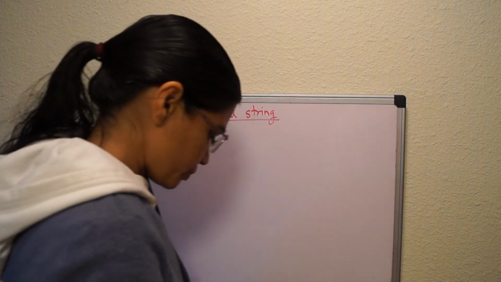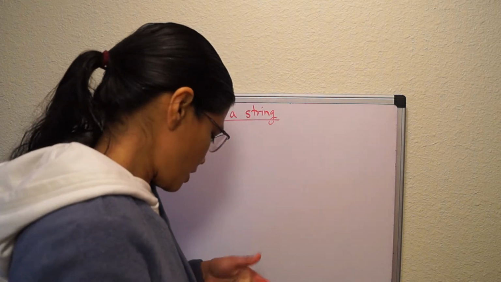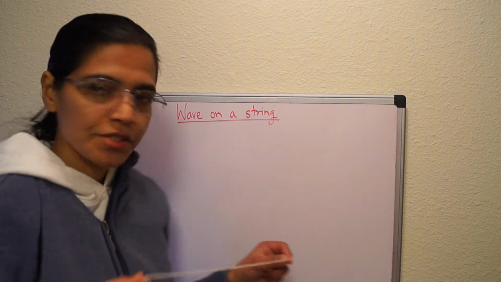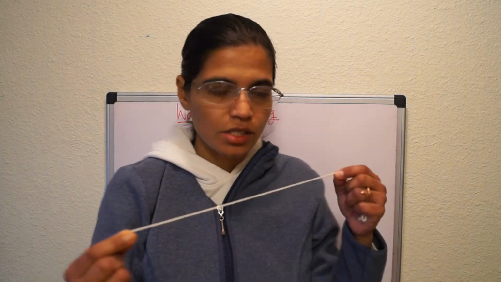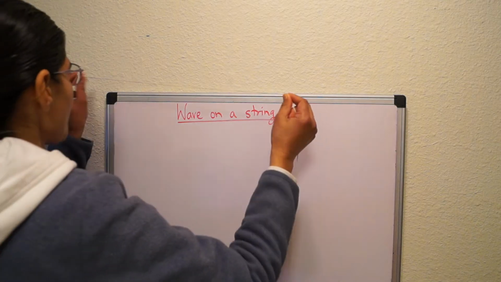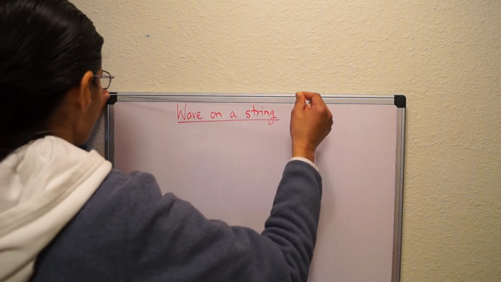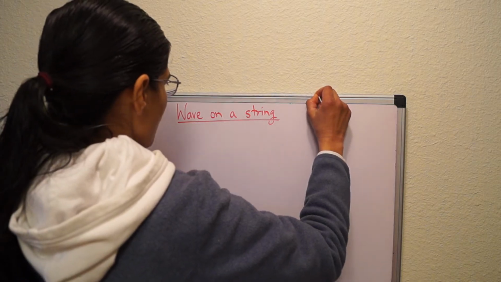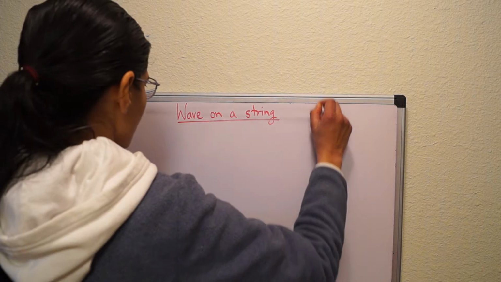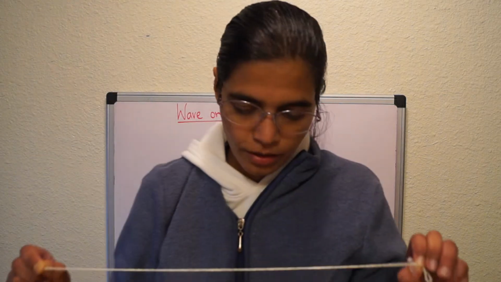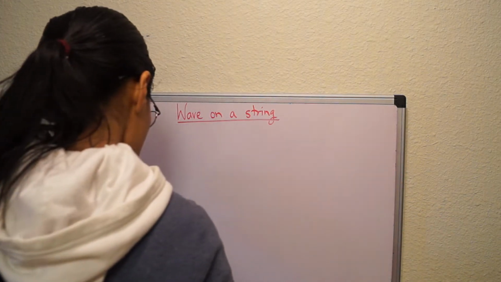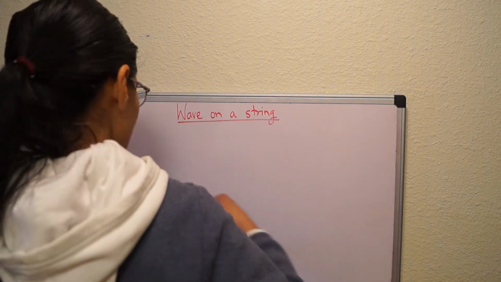Okay, so let's look at how we can describe a wave in a string. As I showed you earlier, if we tighten this side and apply tension from both sides, maybe you can see the wave better here. Let's say this string we have here, instead of like this, I'm going to exaggerate and